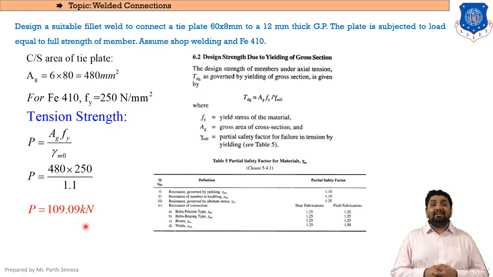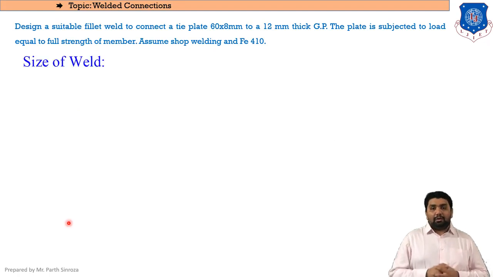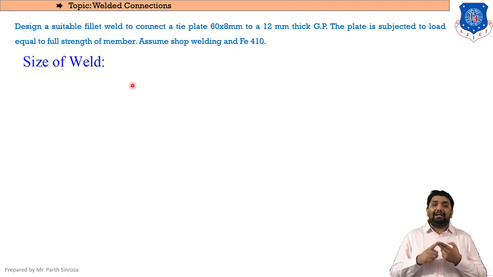So if the load is given in the question, then no need to follow these steps. But if the load is not given in the question, either in bolted connections or welded connections, then we need to use this equation to find the load acting on the plate. Clear? So moving on to the sum, we need to find two things here. Keep in mind, in each and every sum regarding welded connections, we will always be finding two things. The first is the size of weld, and the second is the length of weld. So every design consists of only two things, that is size of weld and length of weld.